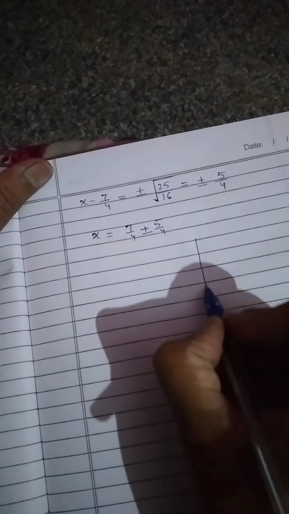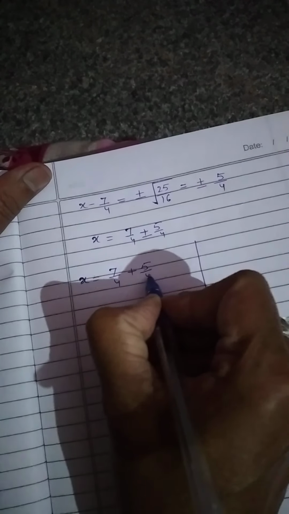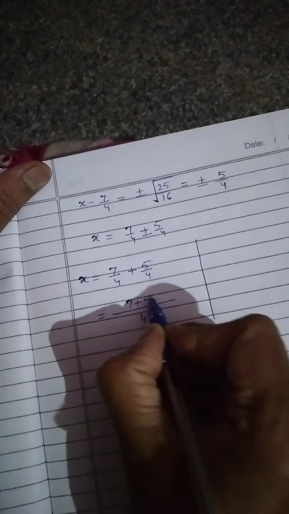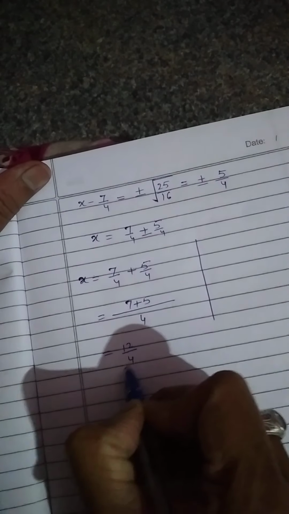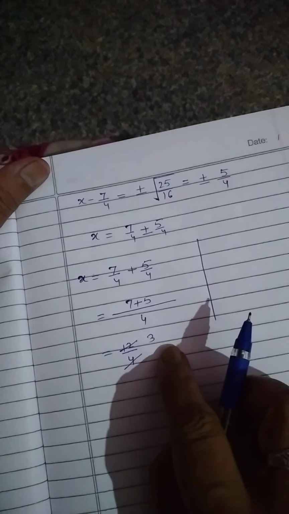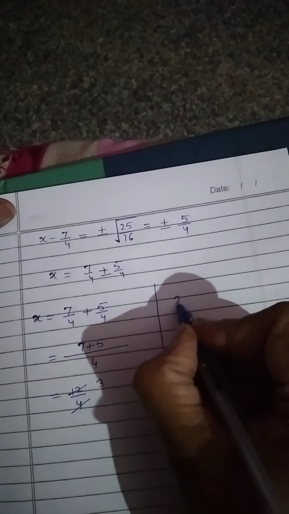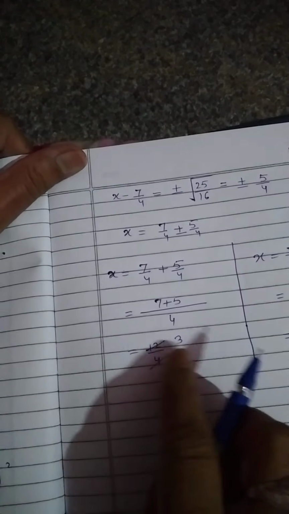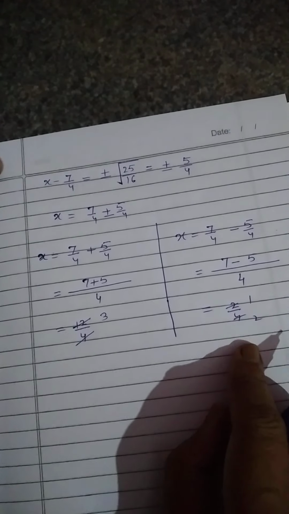So one time we will take x is equal to 7 by 4 plus 5 by 4. Here LCM will come 4 and numerators will be written as it is. 7 plus 5 is equal to 12 upon 4, that is 3. So one answer or one root of this equation is x is equal to 3, and second 7 by 4 minus 5 by 4, here LCM here also 4 and numerators will be written as it is. So from here 7 minus 5 is equal to 2 by 4, 2 ones are 2, 2 2s are 4. So second root is 1 by 2, first root is 3. So these are two values of x after solving the equation.